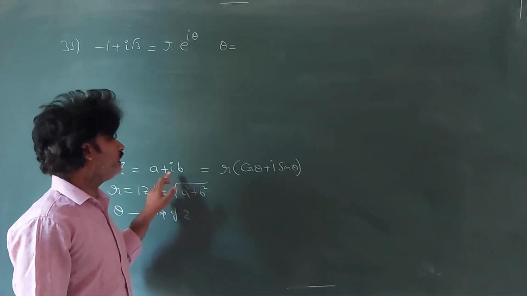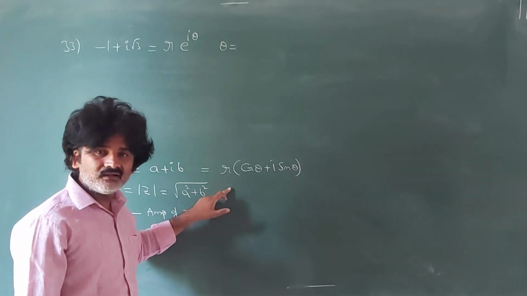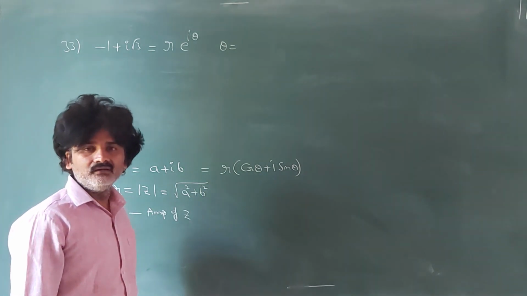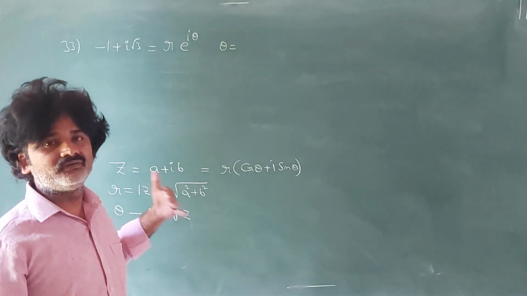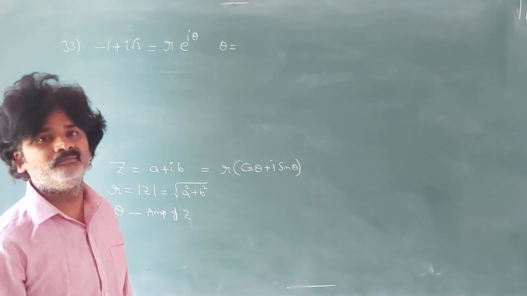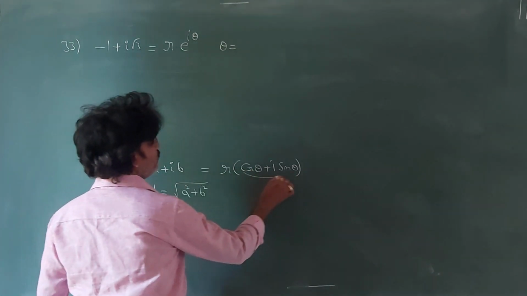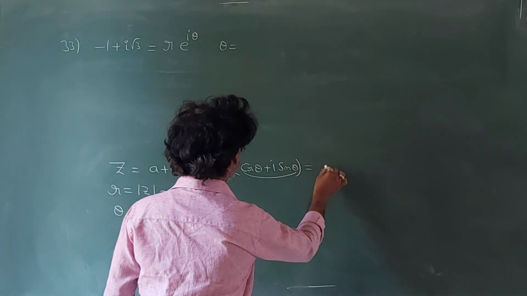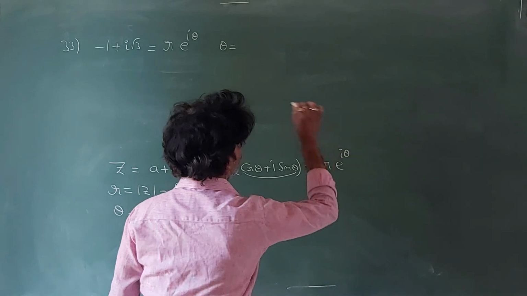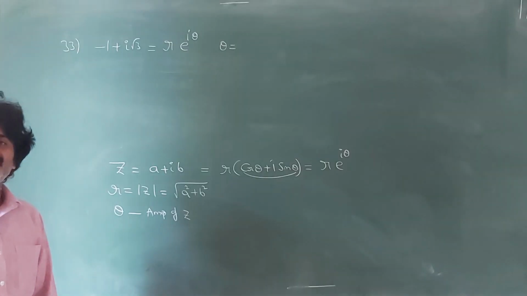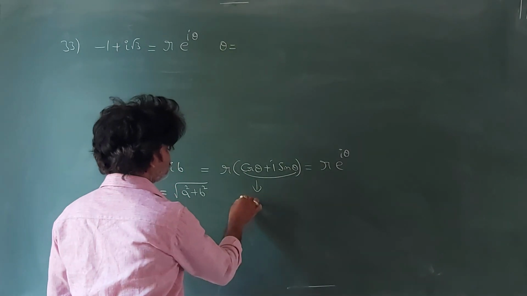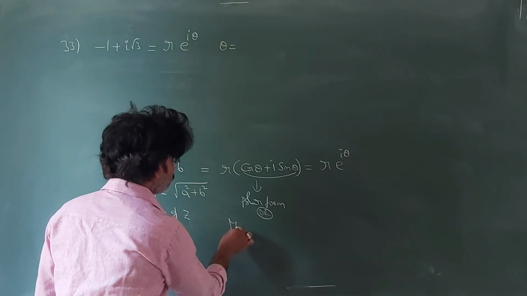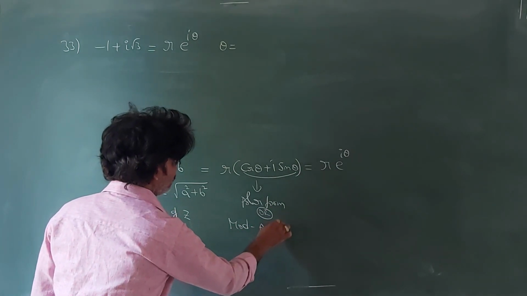Then any complex number a plus ib can be written as r into (cos theta plus i sin theta). Okay, so this is called the mod amplitude form or polar form. Now this cos theta plus i sin theta can further be written simply as e power i theta. Actually this is called Euler's form. So this is called polar form, or mod amplitude form.